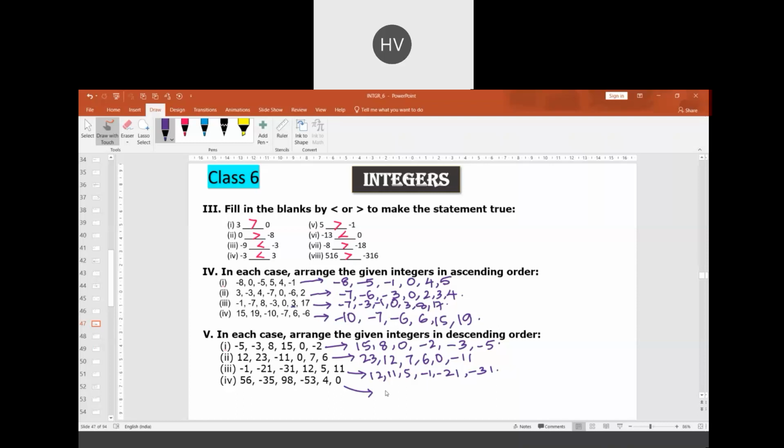Can I tell, sir? Punya, Dinesh, Shlok, Rashi? Hurry up, yaar. Sir, I will tell. I am finished, look, sir. Yes. 98, 56, minus plus 4, 0, 99, 45, minus 53, sir. Minus 53. Okay. All right.